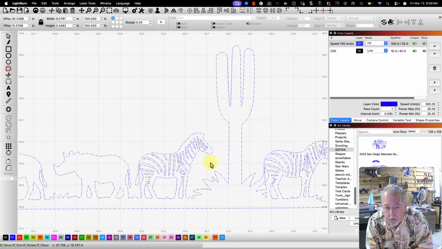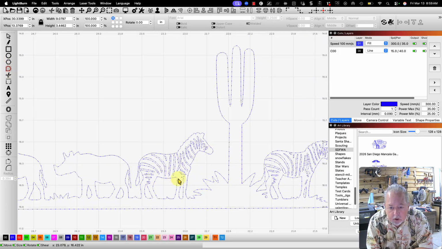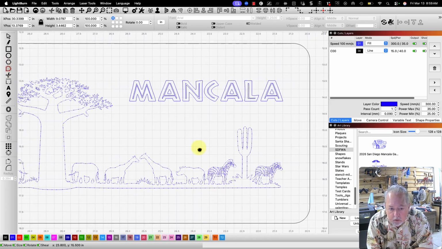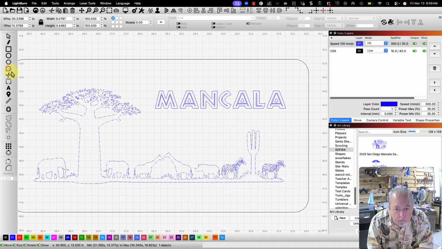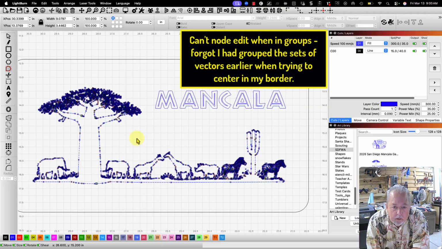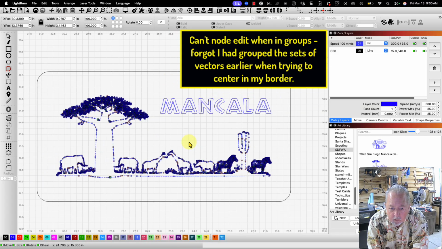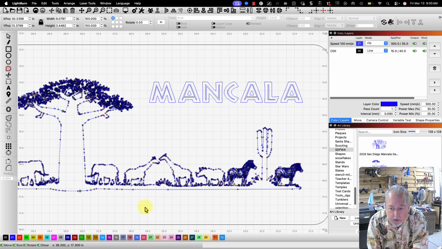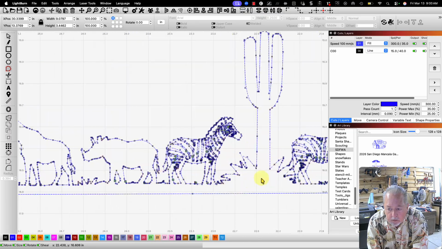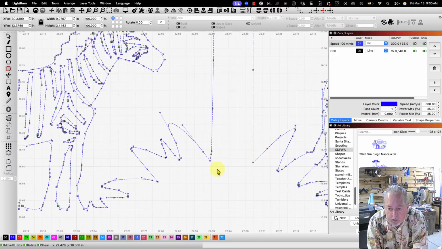I'm coming back over here, and this should be nodes, but I'm not seeing the nodes. Where are the nodes? So I went to select the nodes, and it didn't work because these were grouped together. So I needed to get out of the group. And so now that I'm in node mode,